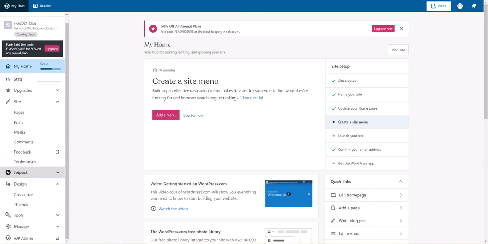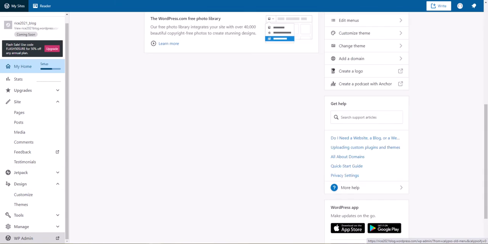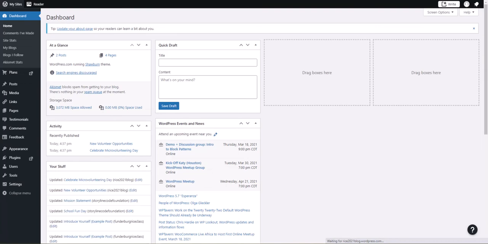Take your eyeballs and travel down the main menu to the link at the bottom that says WordPress admin. This will take you to a whole other page. What that means is the page that you're looking at right now will still remain in this tab. When I click on WordPress admin, as I'm doing now, a brand new tab will appear that is the dashboard